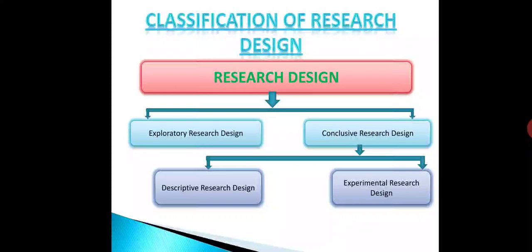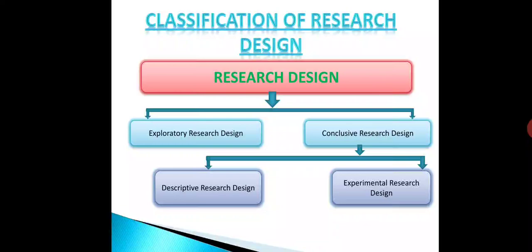Classification of research design. There are various types of research design. A researcher must study various research designs in order to know which will suit the objective of his research topic. So he implements the research design which suits the objective of his research topic. Basically, research design is classified into two parts. First is exploratory research design and another one is conclusive research design. Exploratory research design is conducted with the purpose of gaining a better insight into a problem. On the other hand, conclusive research is prepared with a specific problem in mind.